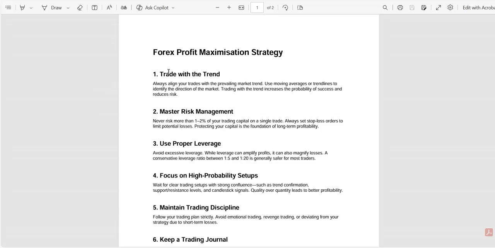So just consider all these points that you see on this PDF as the strategies that will enable you to maximize the profit in trading. This is actually crucial information that people really share on YouTube, because